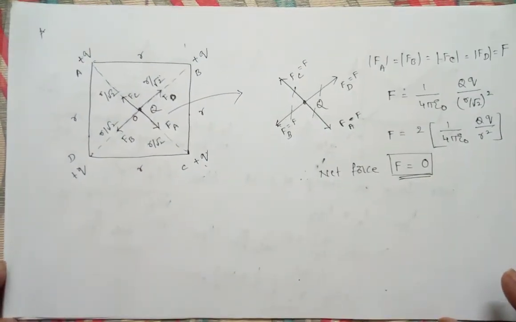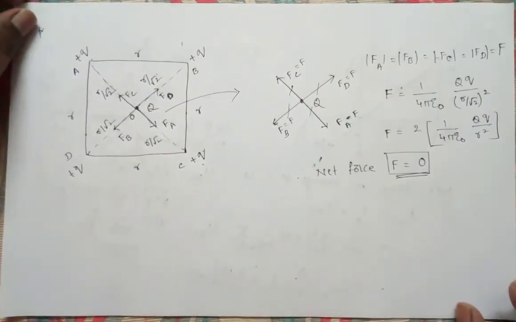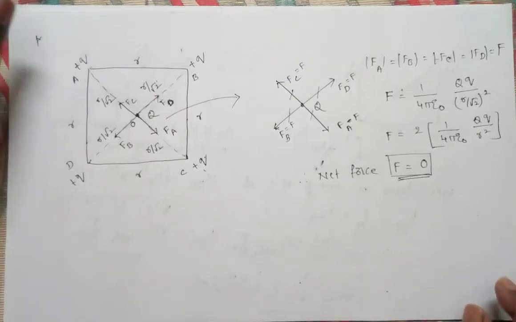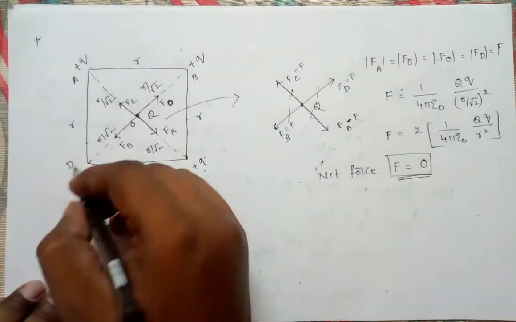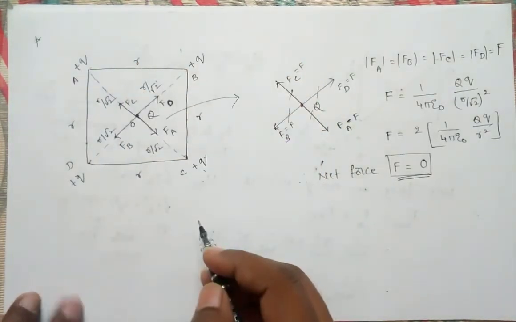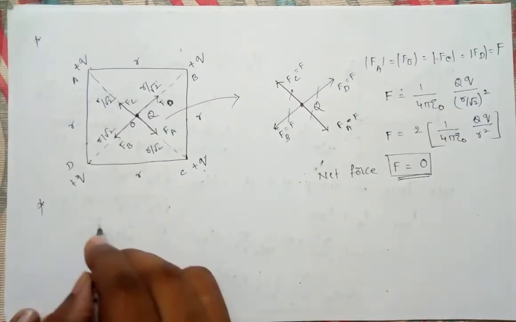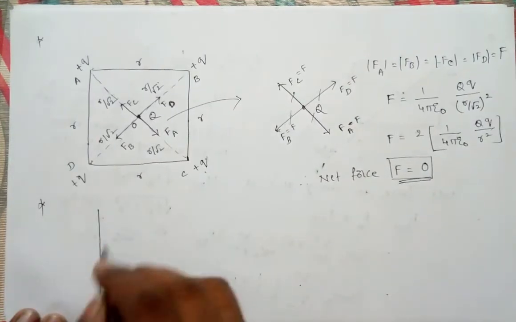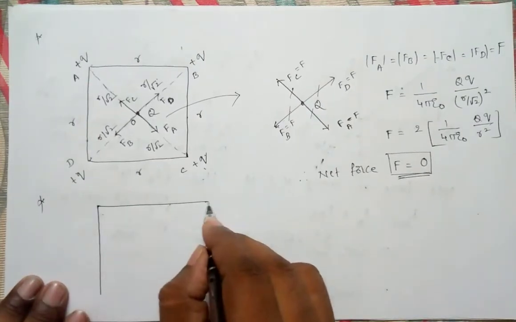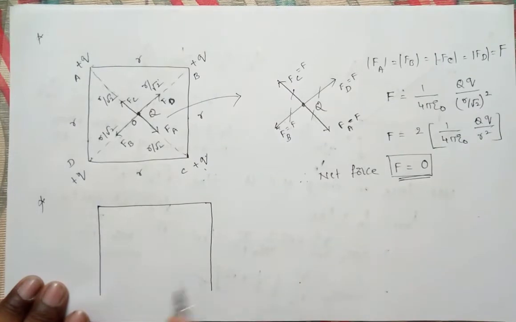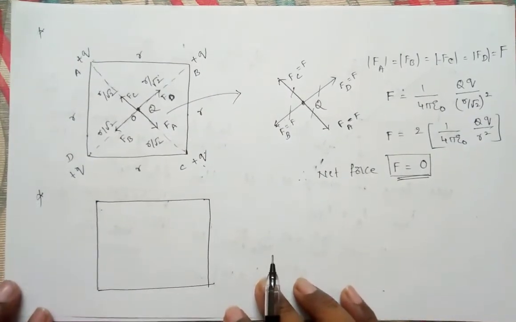In objective questions, when you observe such a case, you can simply go for the option force 0. But this case is not applicable only when all the charges are equal. Let us take another case. Suppose we take a similar case, but we make the charges different, in the sense that the diagonal charges we maintain the same.